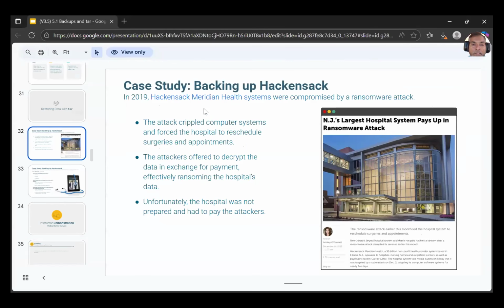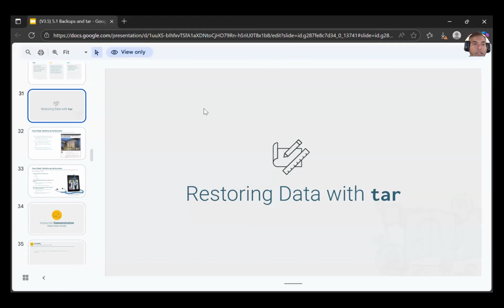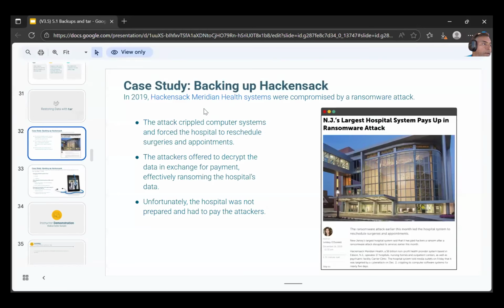So now, case study: restoring data. We will use an archive file as protection against modern attacks. Medical centers and hospitals are large targets for cyber criminals. In 2019,